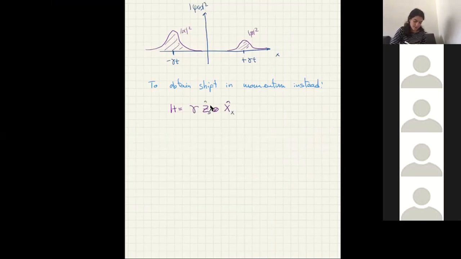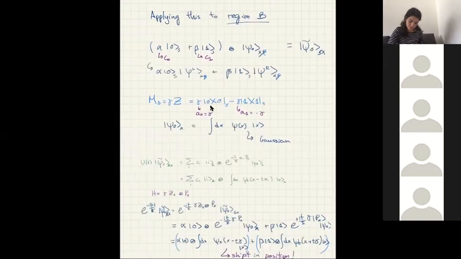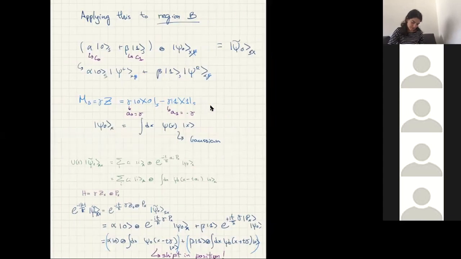Remember, this first z is the Pauli z, still, acts on a qubit, whereas this x acts on the line. And now this is what you'll do in the tutorials: just apply exactly the same reasoning as we saw before for the modular momentum, and see what we get